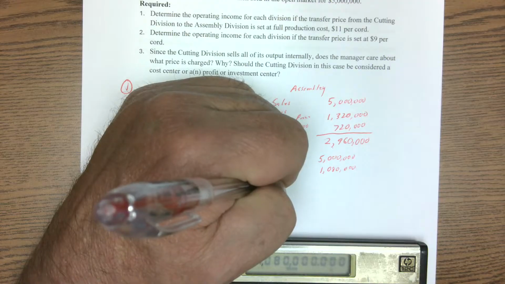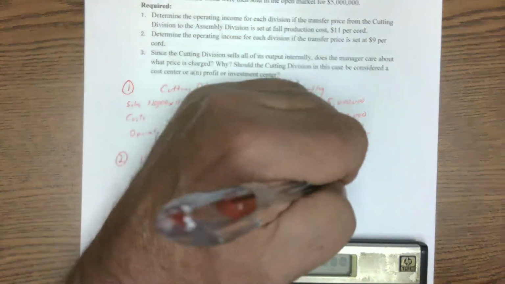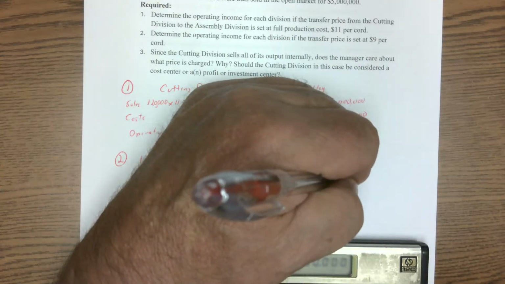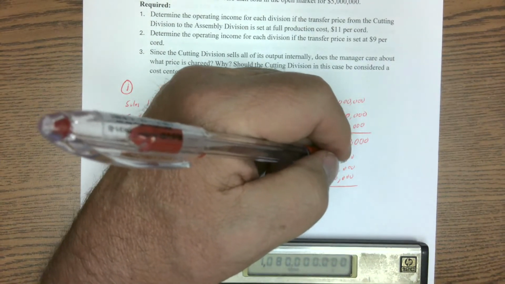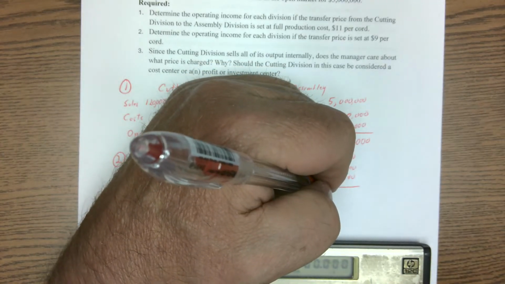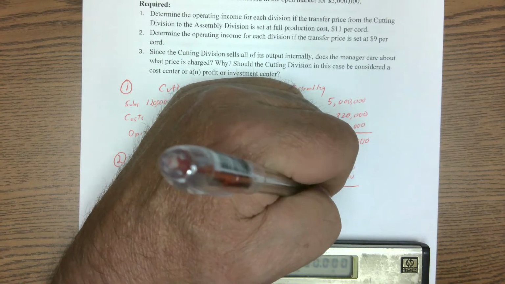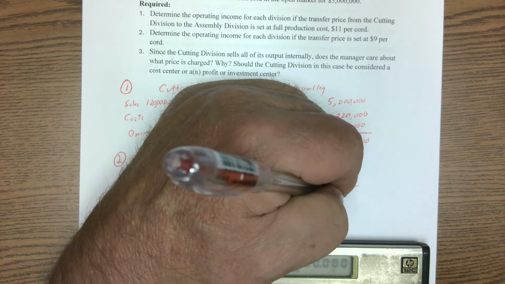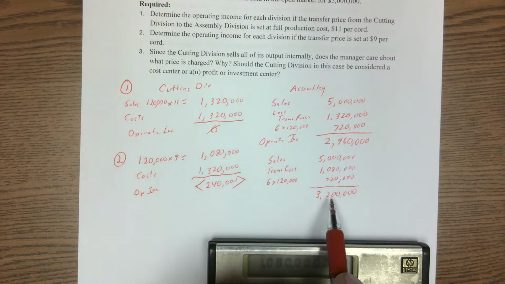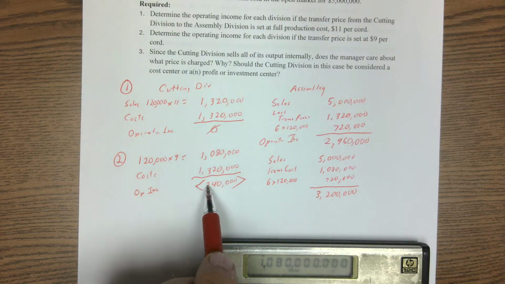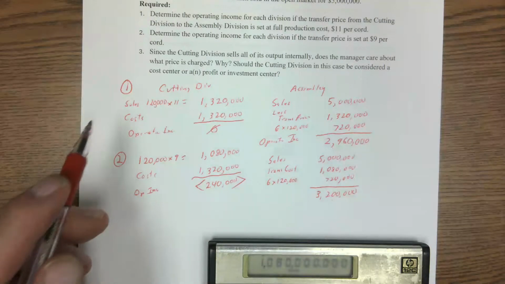Our additional cost stays the same, 6 times 120,000 cords, 720,000. So that becomes 1,800,000. And so this becomes 3,200,000. And if we add that up, 3,200,000 minus 240,000, our total profit for the company still remains that